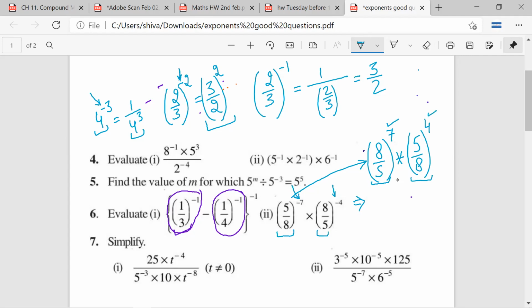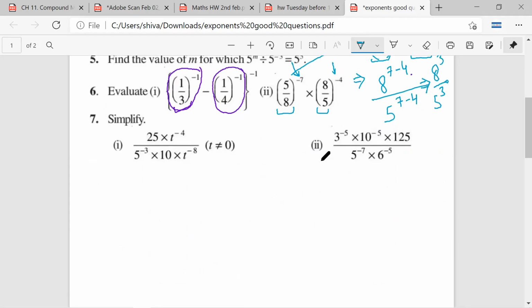समझ गए, any doubt? No, sir. Then I can write this as 8 power 7 minus 4 upon 5 power 7 minus 4. Aishwarya ji, any doubt? No, sir. I've skipped a step, but I hope you understand. And this would be finally equal to 8 raised to power 3 upon 5 raised to power 3. Sanvi ji, any doubt? No, sir. Soumya ji, any doubt? No, sir.